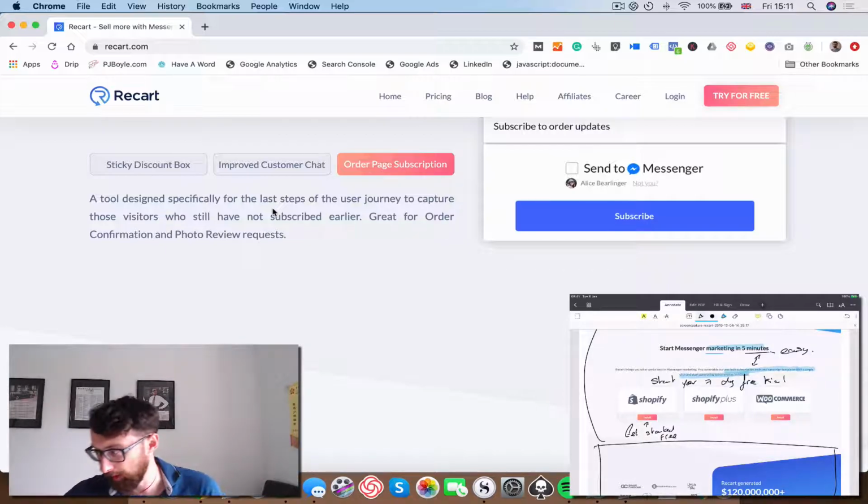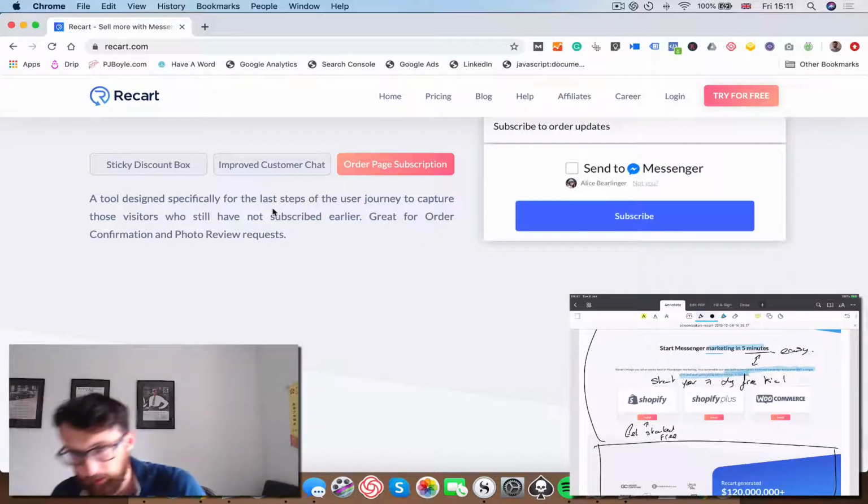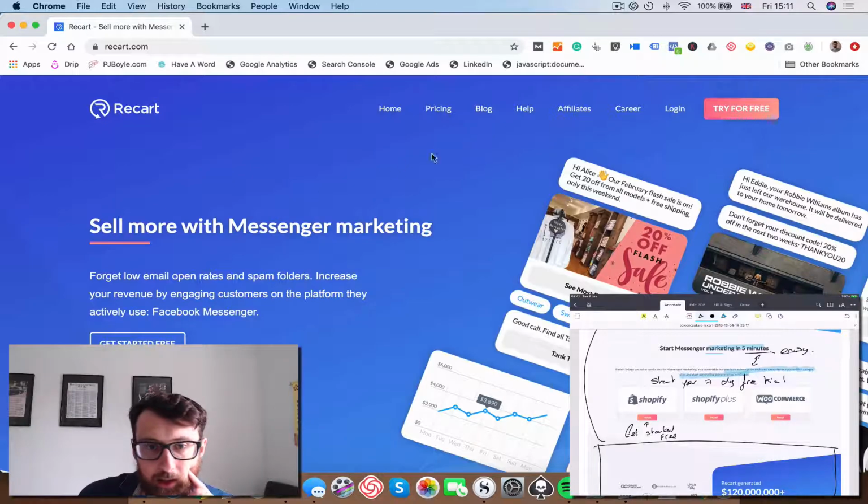Generally a very, very strong page, but I'm going to put the iPad to one side for the time being. We're going to go through. Now, sell more with messenger marketing. Like I said, very little, I think, needs to be changed on this. There is part of me which thinks it would be very nice to have some sort of statistics, as in messenger marketing